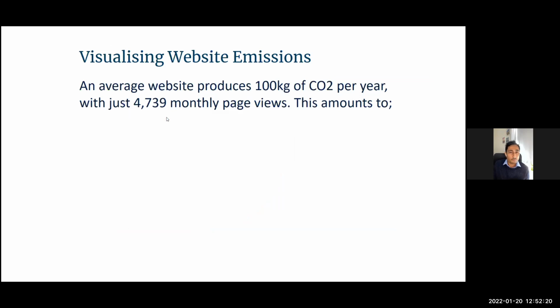So, visualizing website carbon emissions. An average website with just under 5,000 monthly page views produces 100 kilograms of CO2 per year. And this is the average website. And you can think what the number might be for really bloated websites and the difference it makes when you go down from, let's say, 5 grams to 1 gram or 6 grams to 0.8 grams,